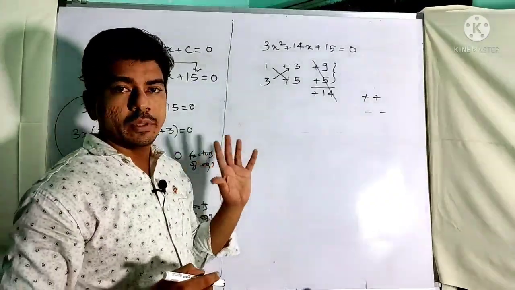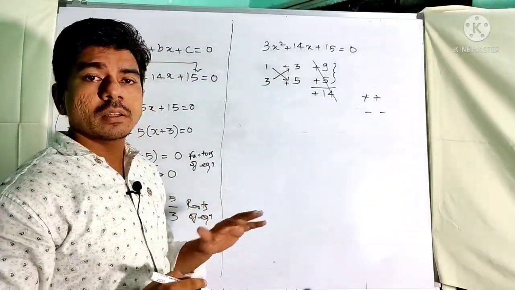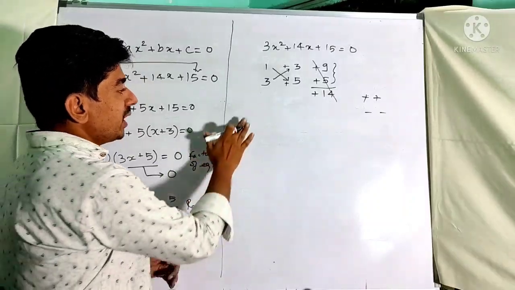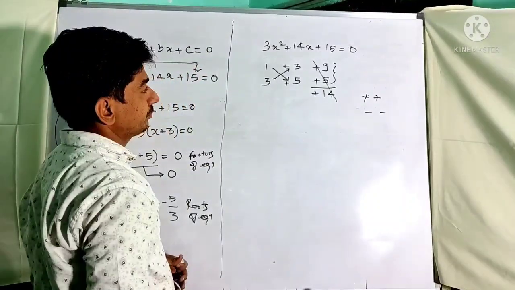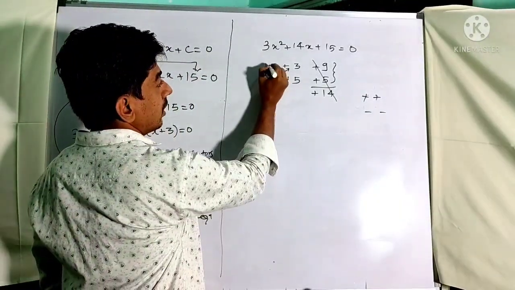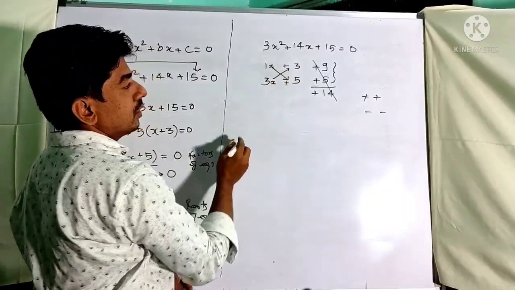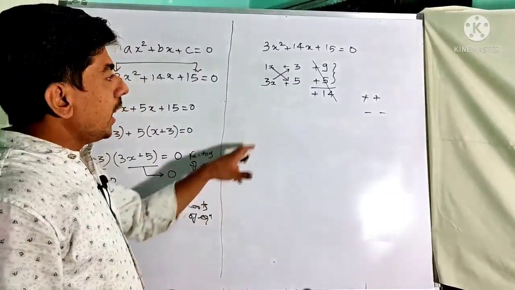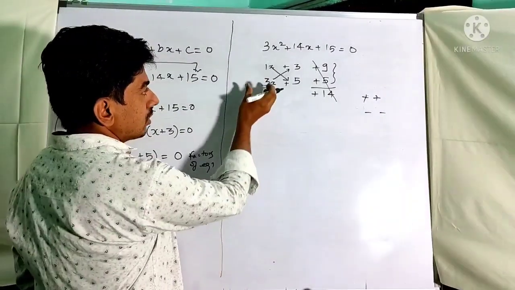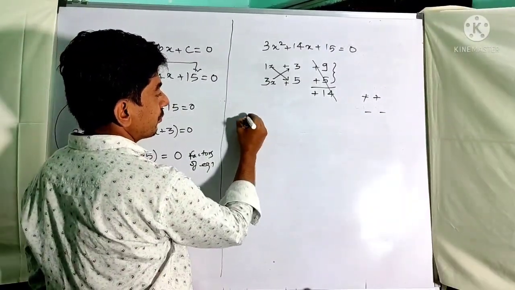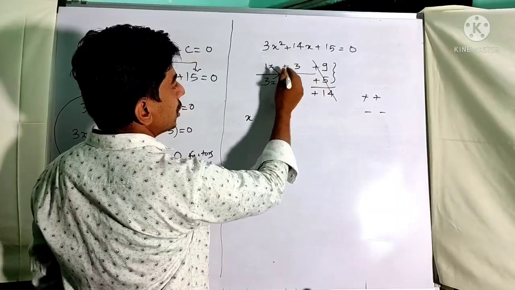This is the shortcut method. Here we have completed the trick. The remaining part is just to write the answer. How are you going to write the answer? Here these terms are a terms, therefore they always have x with them. The answers will be x plus 3